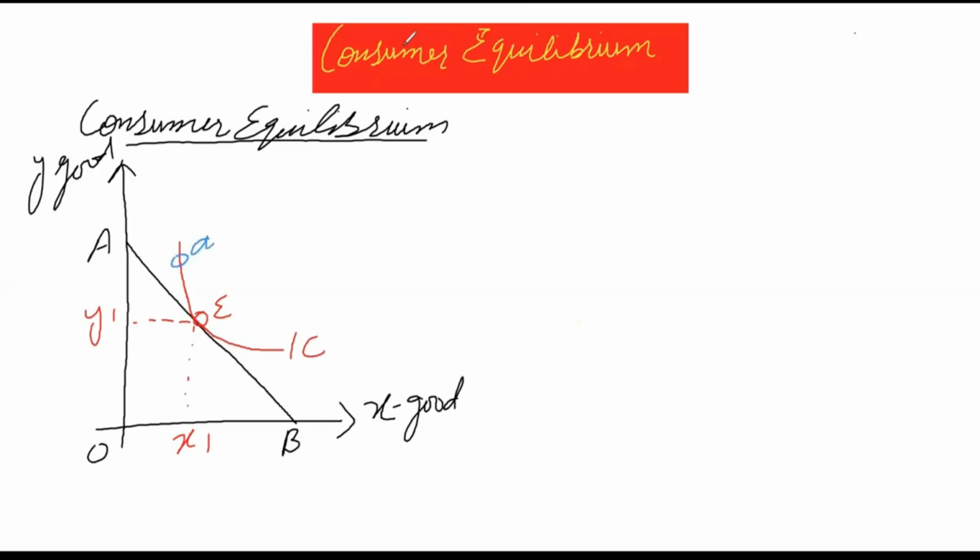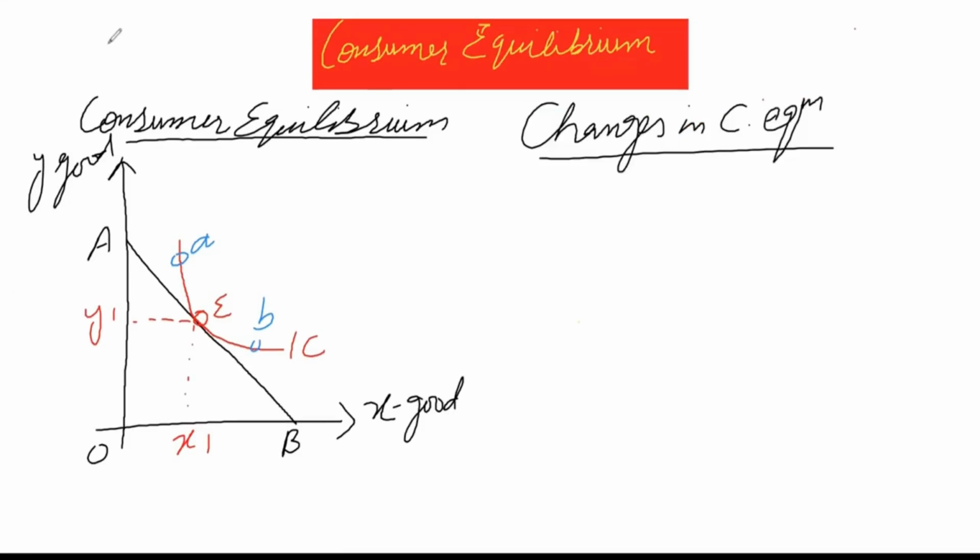So E is the only point at which equilibrium takes place, because at point A or at point B equilibrium cannot take place, because our budget line AB does not meet that point. It means the consumer is not able to purchase at point A, because the IC curve at point A is beyond the budget constraint of the consumer. Same is the case with combination B. Combination B is much beyond the budget of the consumer, so he cannot purchase this much. So the only combination he can purchase is E, so it will give him maximum satisfaction.